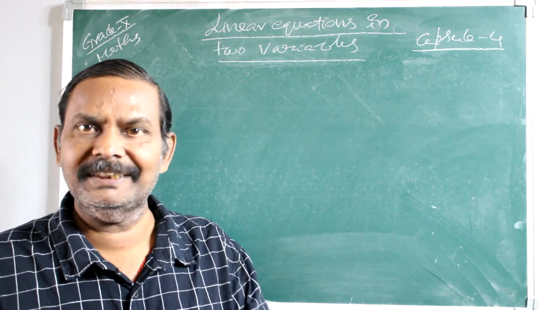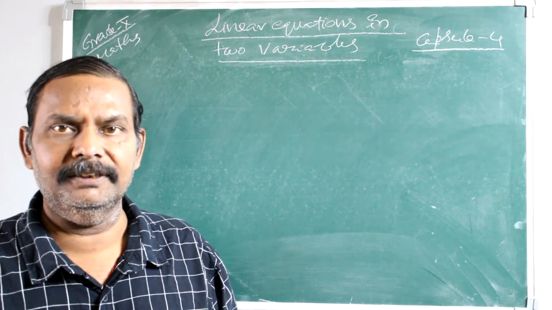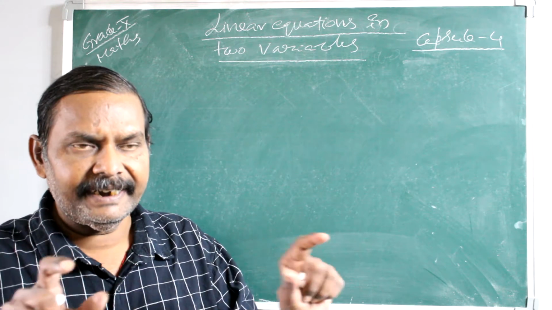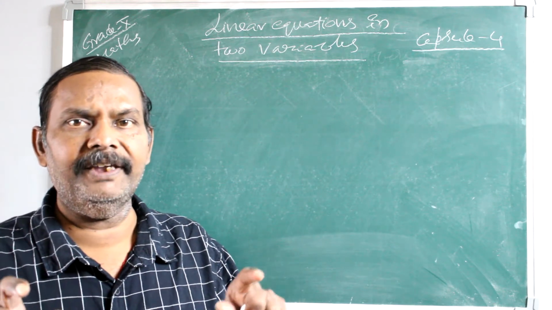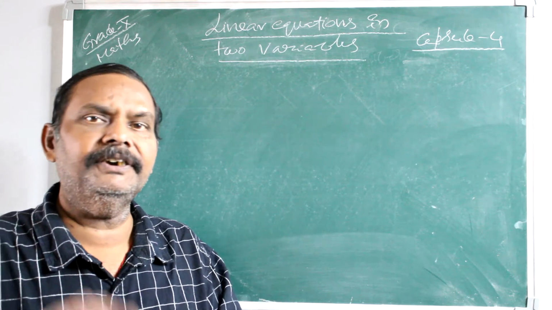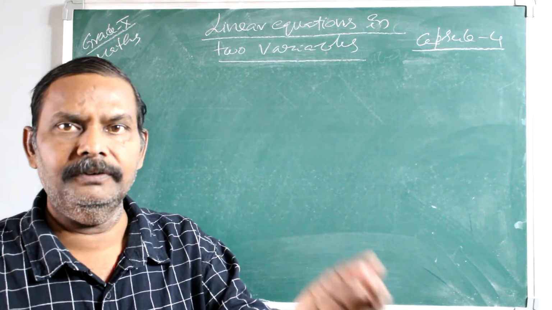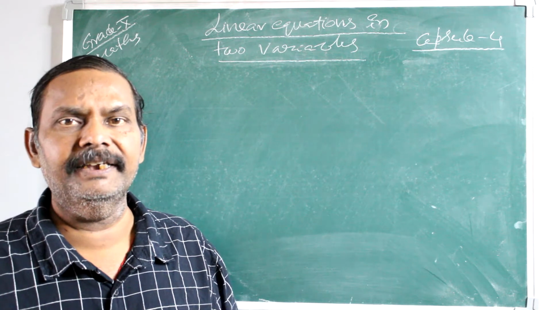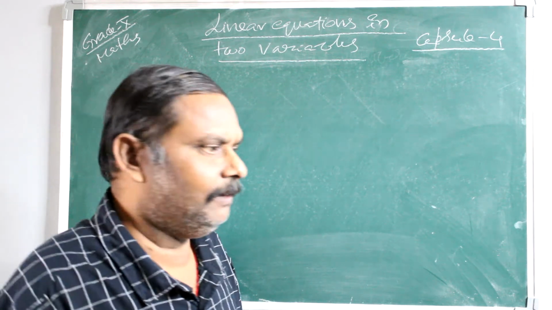Now let us have one or two examples related to the same. That means directly the equations are not in the form of ax + by + c = 0. We have to reduce the given equation into that form, then we have to go for solving the linear equations. Let us see one example.